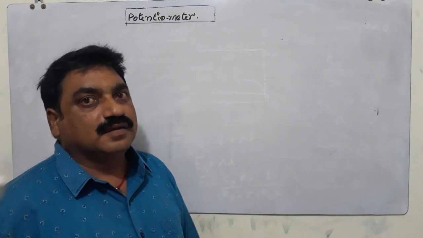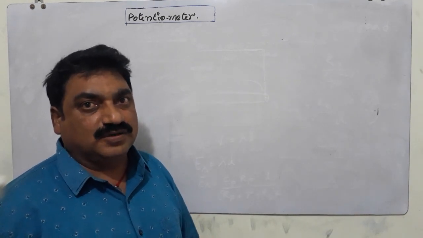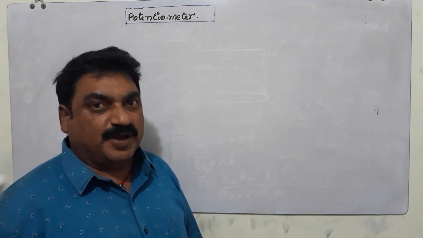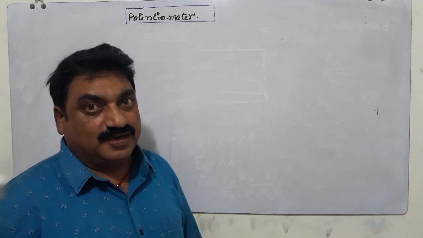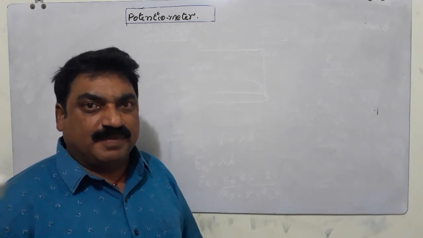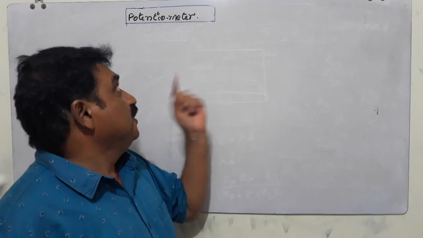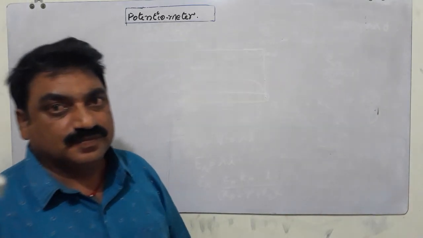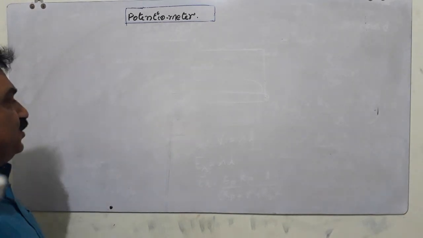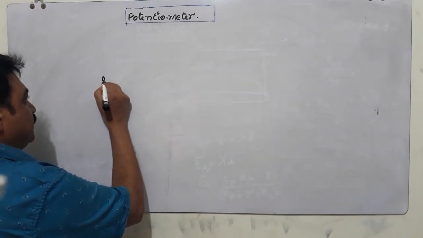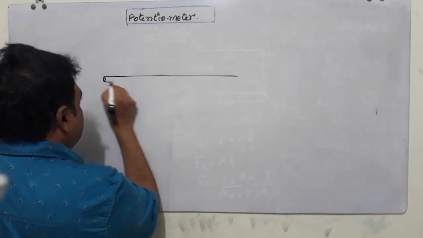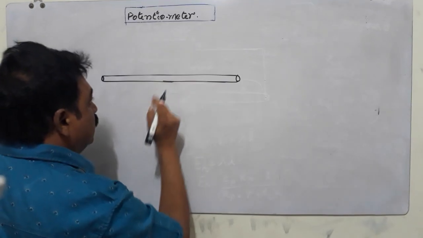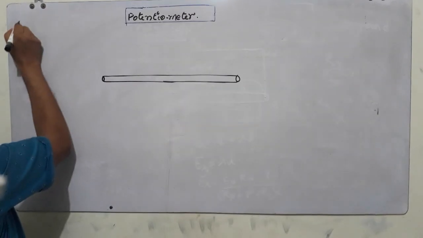Today we are going to discuss the potentiometer, applications of the potentiometer, and how to compare EMFs of different cells by using this potentiometer. See, as we have already discussed, this is a potentiometer wire of uniform cross section whose length is L and